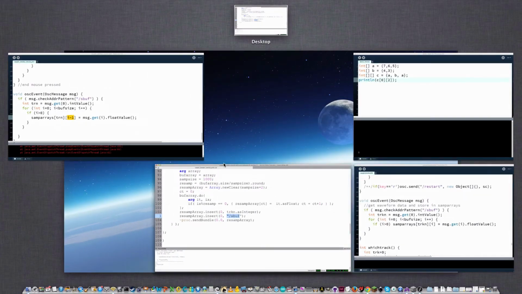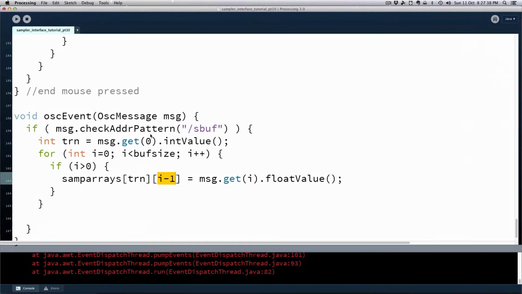Now, I don't know how we just got rid of the sbuff, so I'm just going to roll with it. I think somehow this gets cut off, but if not, we'll just have to update. That'll have to be 1, and this will have to be greater than 1. Okay, but in any case, sample arrays, track number 0, so starting at sample arrays for that track number, slot